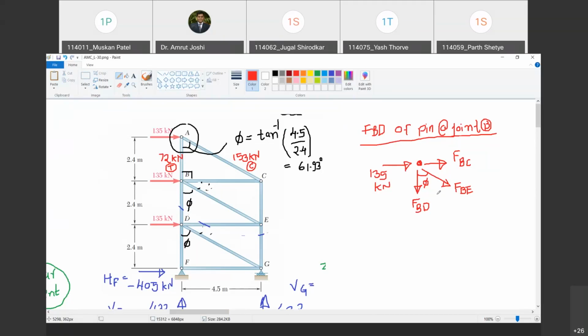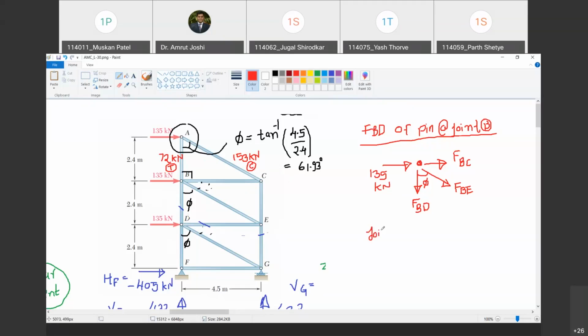Yes, sir. So how do you choose the joint of which free body diagram is to be drawn? What is the chronology? Which joint's free body diagram to draw first, and which later? That depends on what? At a joint, you can draw a free body diagram of any joint which has not more than 2 unknowns. Do you agree with me? Yes, sir. So how do you select the joint?